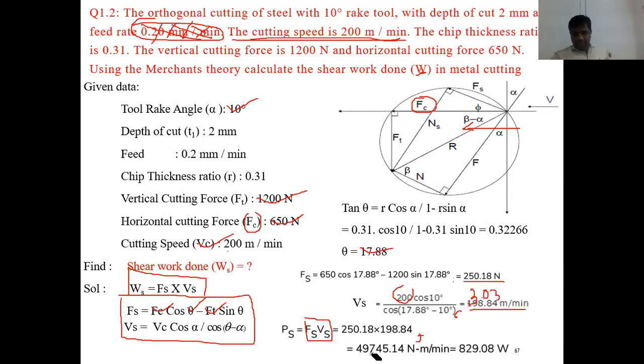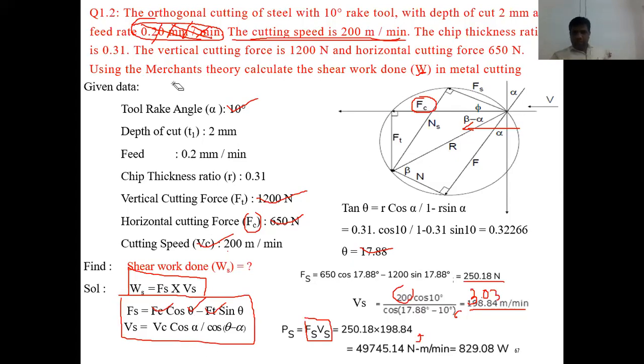If you write this as your answer, you're going to lose maybe 1 mark. One mark definitely you're going to lose. If you write this as your answer, you're going to get full marks. So if you followed these steps, drew this diagram, and did this calculation, you deserve 10 marks. If you have not drawn this diagram and the question is for 5 marks, it is fine; you can get the full 5 marks. But if you have not drawn the diagram and the question is for 10 marks, then you're going to get maybe 8 or 9 marks. Because without this diagram, how will you get this relation? So this diagram also you need to show.